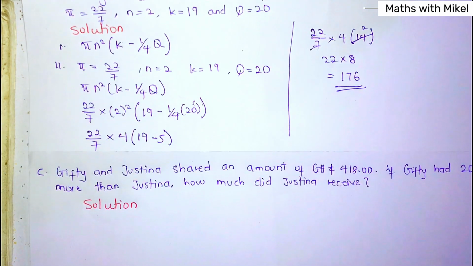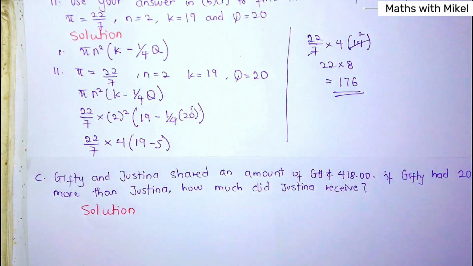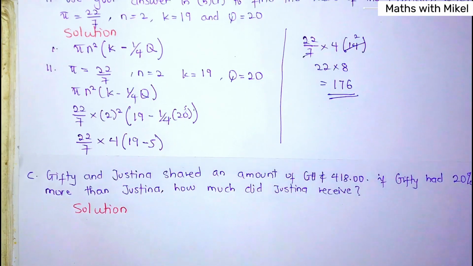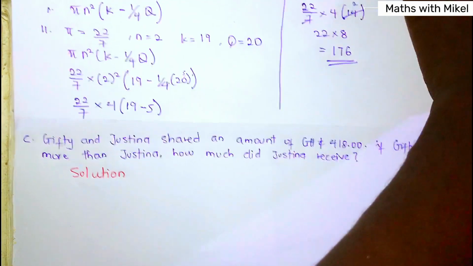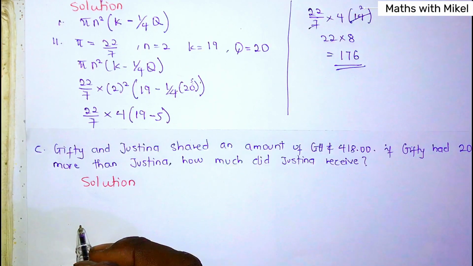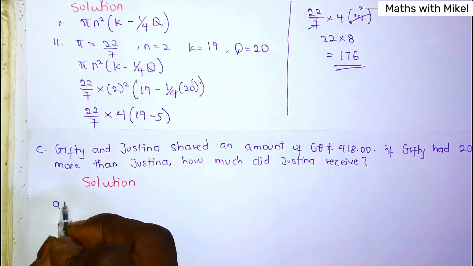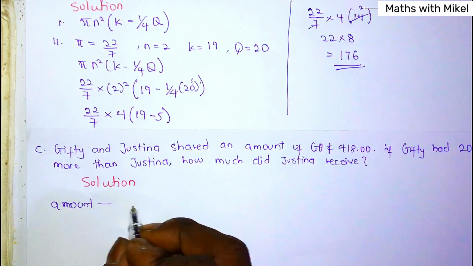So the C: Gifty and Justina shared an amount of 418 Ghana cedis. If Gifty had 20% more than Justina, how much did Justina receive? So a very simple question. So let's look at the solution. So the amount shared is giving us